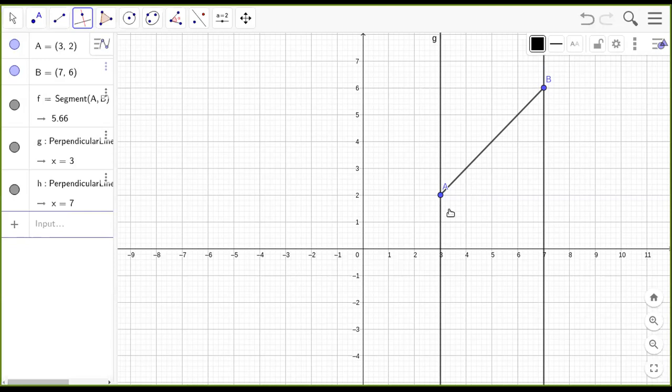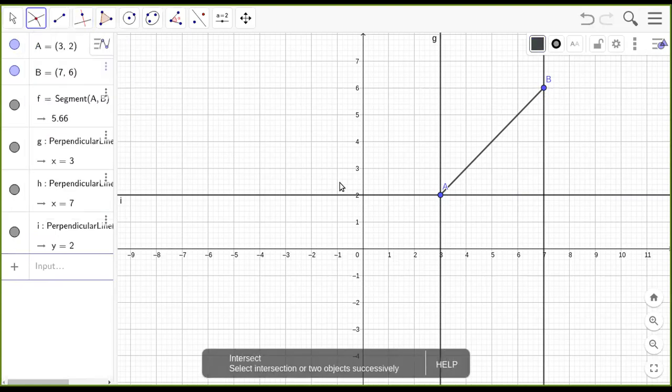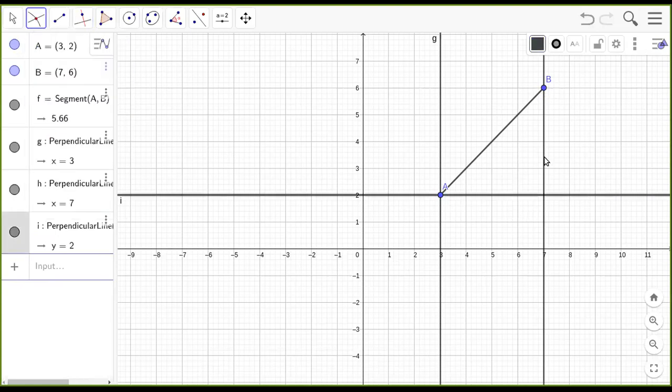Similarly, I'll be constructing a perpendicular line at A which is perpendicular to the y-axis. Can you see? Now, by doing all this, I have constructed a right triangle deliberately. Do you agree that this angle will be 90 degrees here? Yes, because this is a perpendicular to the y-axis and this is a perpendicular to the x-axis. So when two perpendiculars meet, definitely the angle between them is 90 degrees. Now we will try to find that point of intersection. We take the two perpendicular lines that I have drawn, I take the intersection point and it's automatically coming out as C.